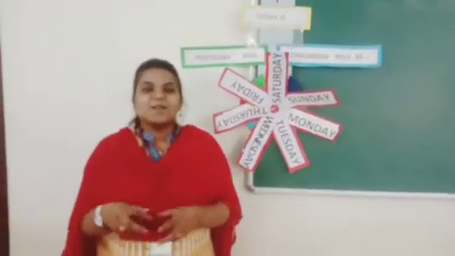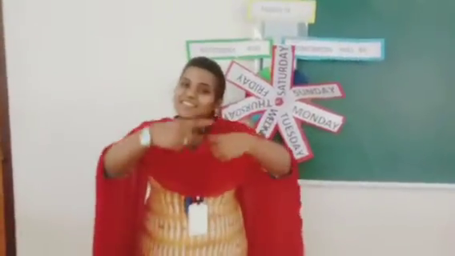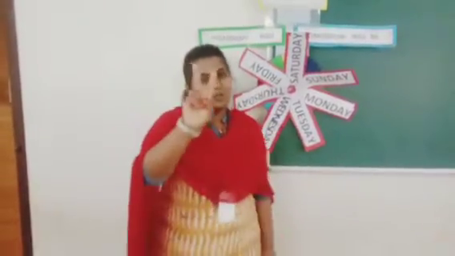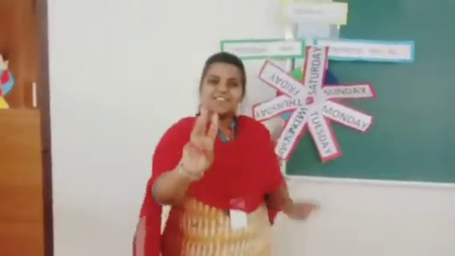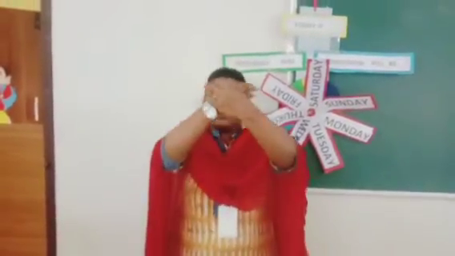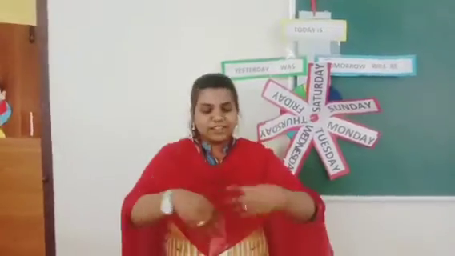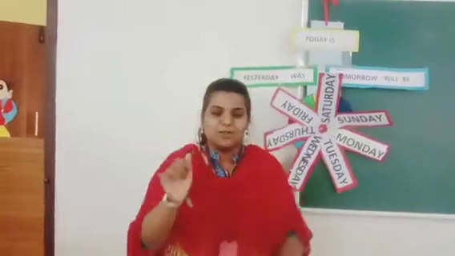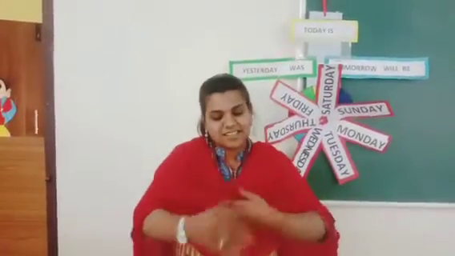Sing along with me. One finger, turn, turn, turn. Turn like a worm. Crawl, crawl, crawl. Two finger, turn, turn, turn. Turn like a rabbit. Jump, jump, jump. Three finger, turn, turn, turn. Turn like a fly. Fly, fly, fly. Four finger, turn, turn, turn. Turn like a cat. Meow, meow, meow. Five finger, turn, turn, turn. Turn like a tiger. Roar, roar.